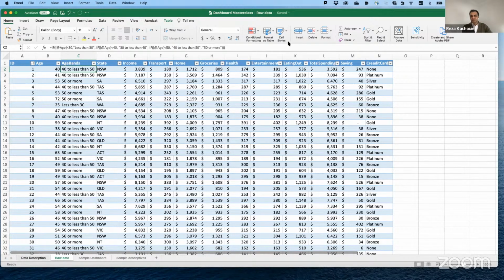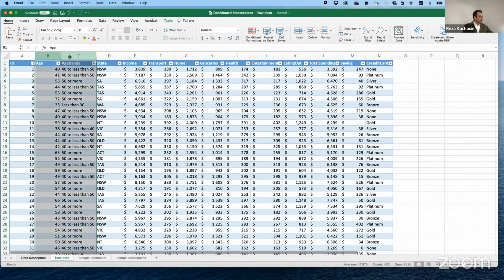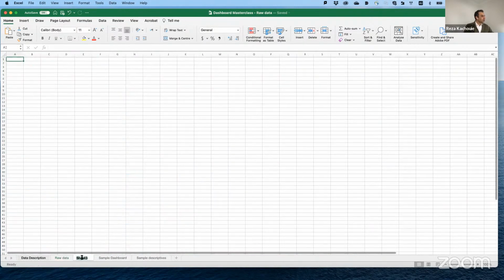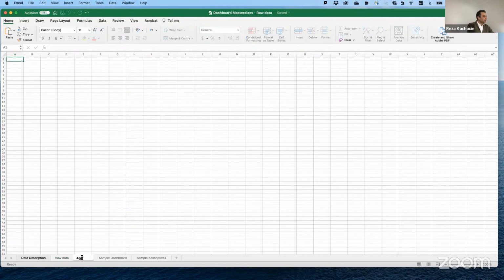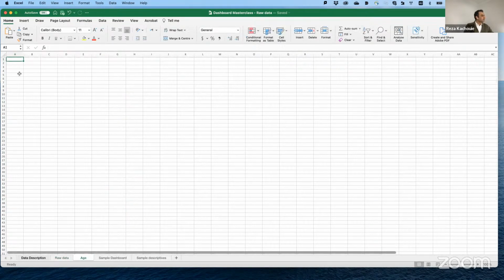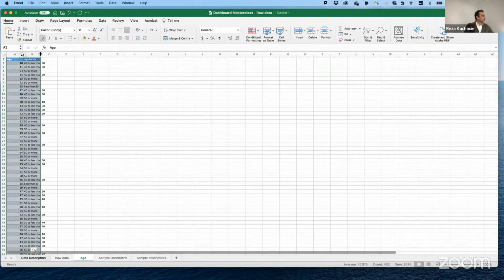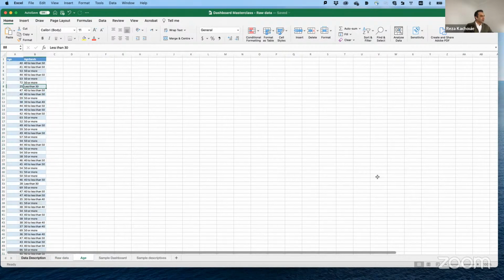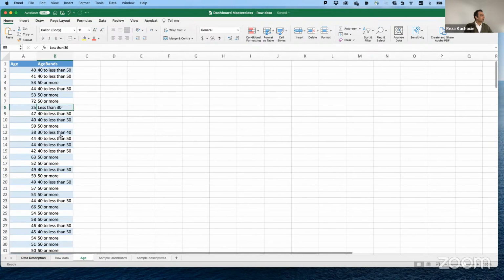Okay, so let me copy these 2 columns at the moment. Create a sheet called age and put everything there. Let me zoom in so you can better see what's going on.